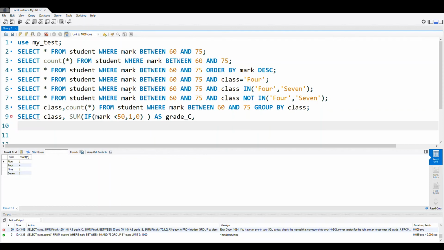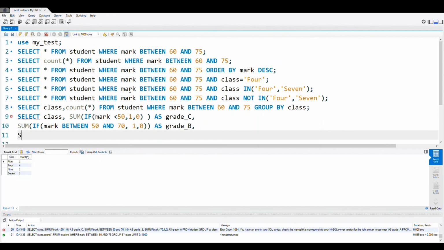Now another second group I'll create. Sum if my mark is between 50 and 70, then 1, then 0. It will be counted 1 if it is within that range, otherwise it is 0. Then as grade B. Now this is again the third group.